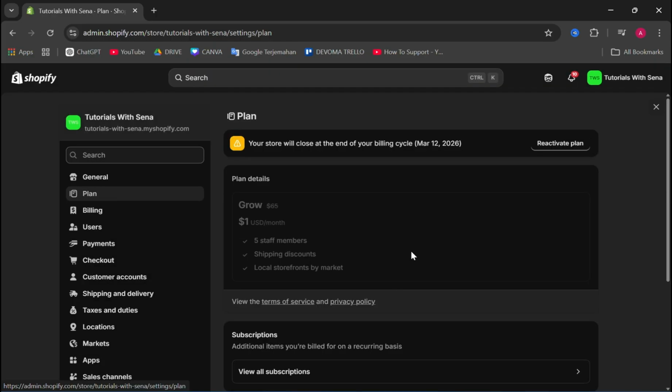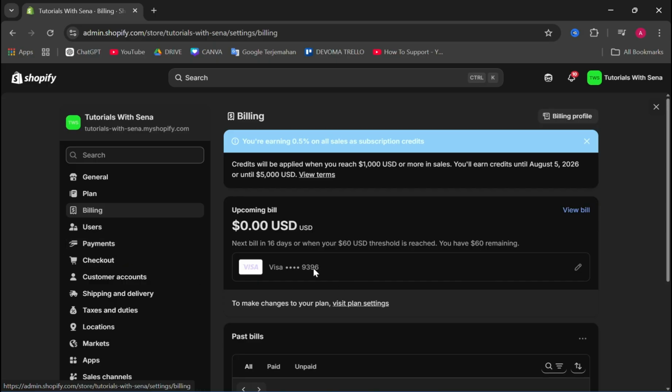And then after that, don't forget to delete your payment method. You can go to billing here. And then as you can see, this is my debit card. You can just delete it and yeah,